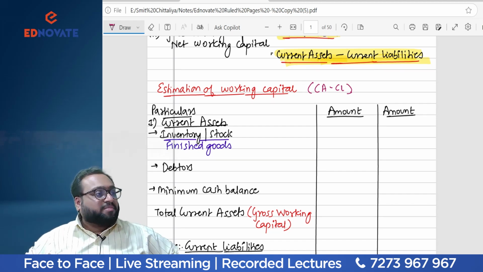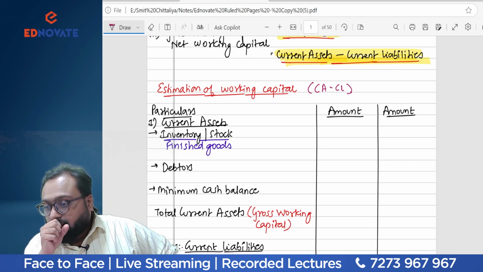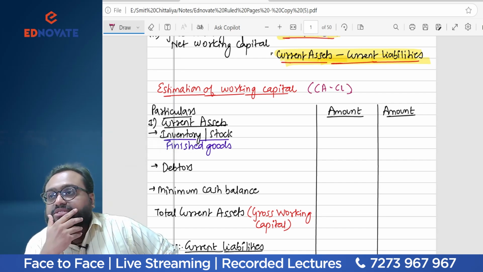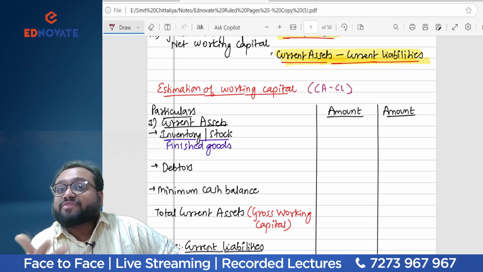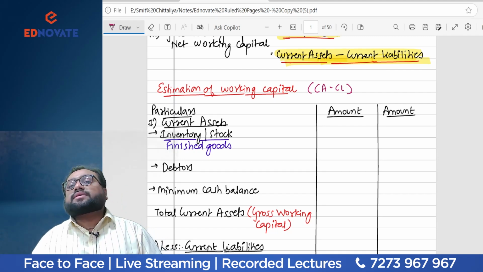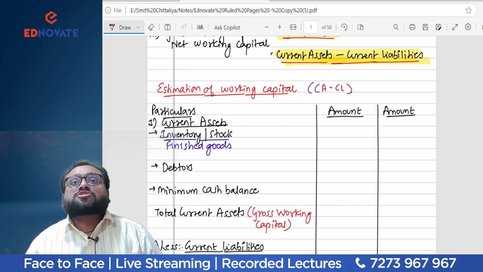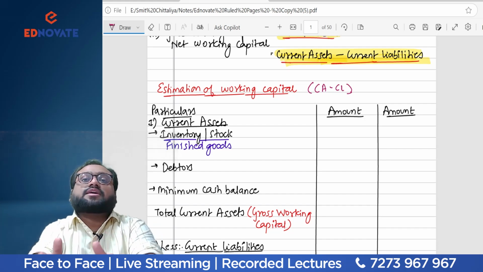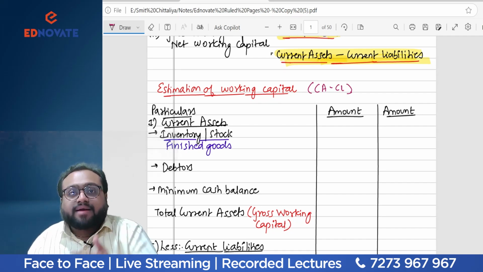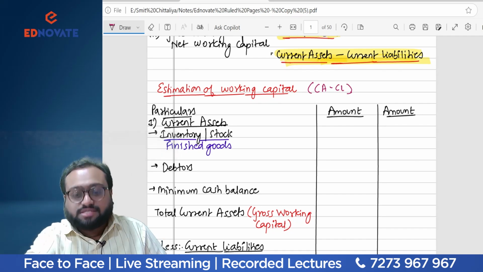Fantastic, very nice, superb. Second, what will they have? Of course, there will be debtors. Now, normally what happens, students, FMCG companies do not have any investment in debtors. There is no blockage of money in debtors because every business is on cash basis. Debtors are possible when there is credit sales. But in FMCG companies like Reliance and Walmart, they have cash transactions. The business is on cash.